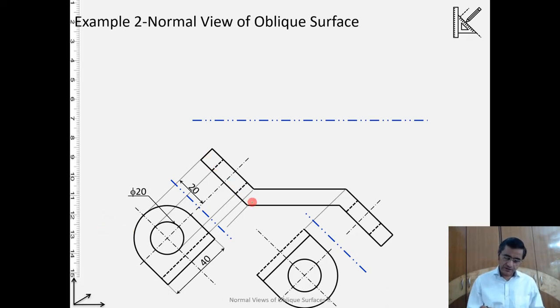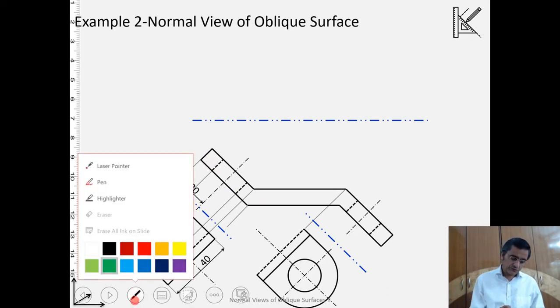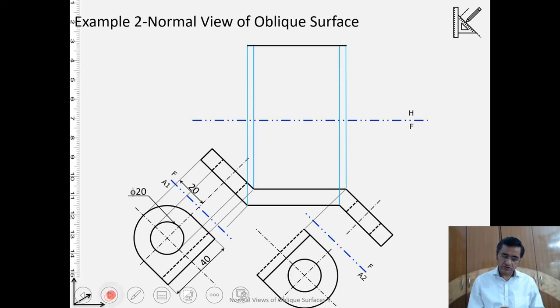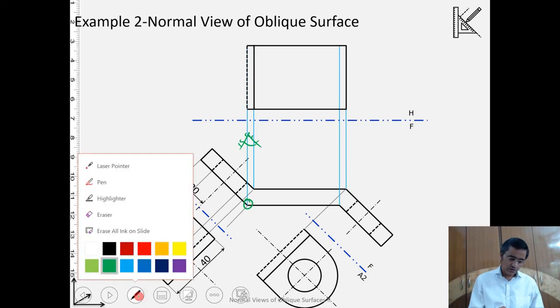First we will create for the parts which are simpler, for this part we will create the horizontal view. I will do it very fast. To create the horizontal view, that is how we do it, and we know it. Why is this line dashed? Because if you are seeing from top, you can't see it. That's the hidden line, and we know this.